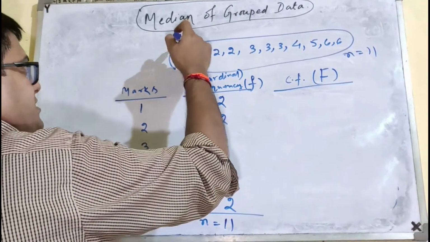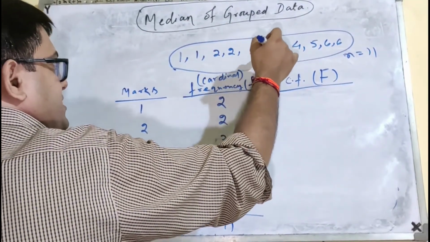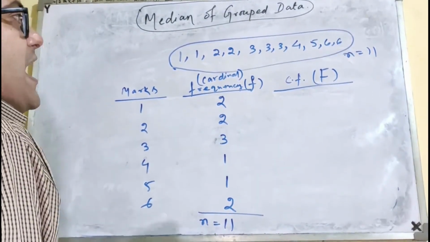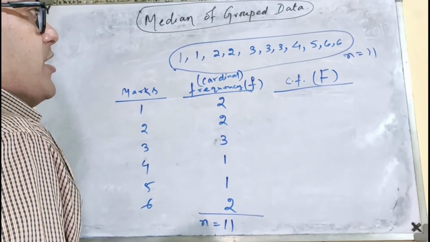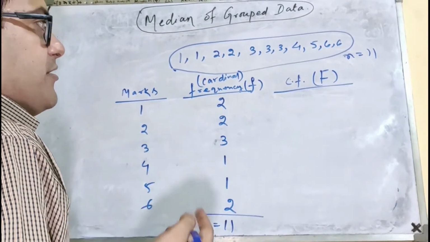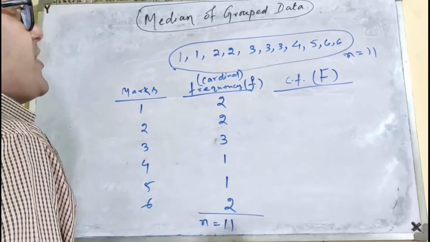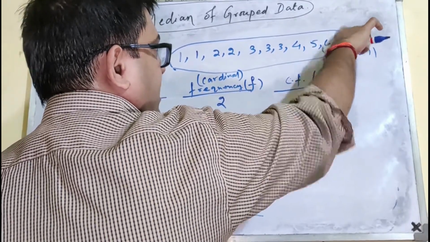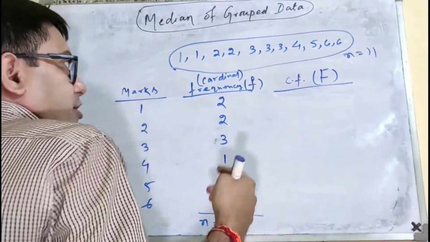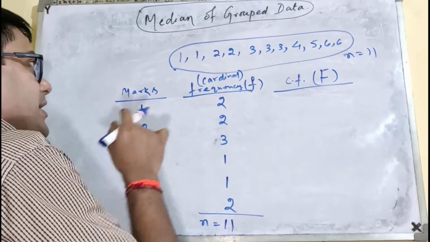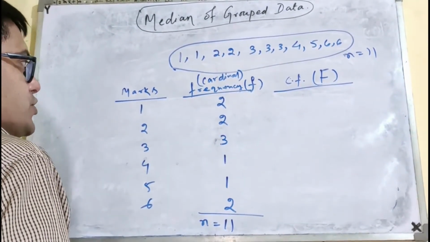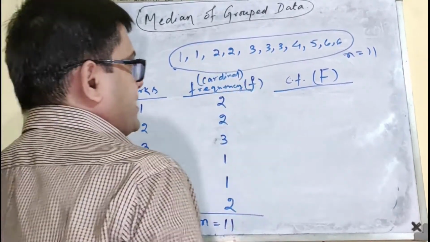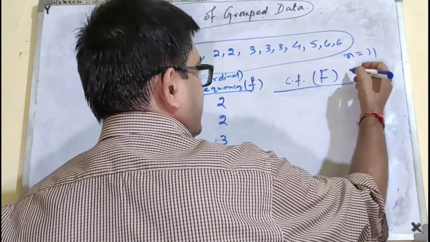So this point is the first one. This is second, third, fourth, fifth, sixth, seventh, eighth, ninth, 10th, 11th. So the endmost data point will have the ordinal number associated with what we call n. The endmost data point at this end, which is 6, will have the ordinal number 11. That can be reflected if we use the cumulative frequency concept in a data set. How? Cumulative frequency is basically the maximum